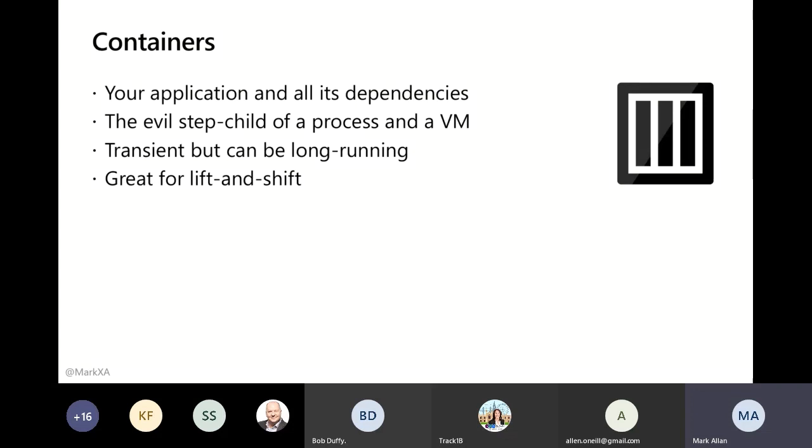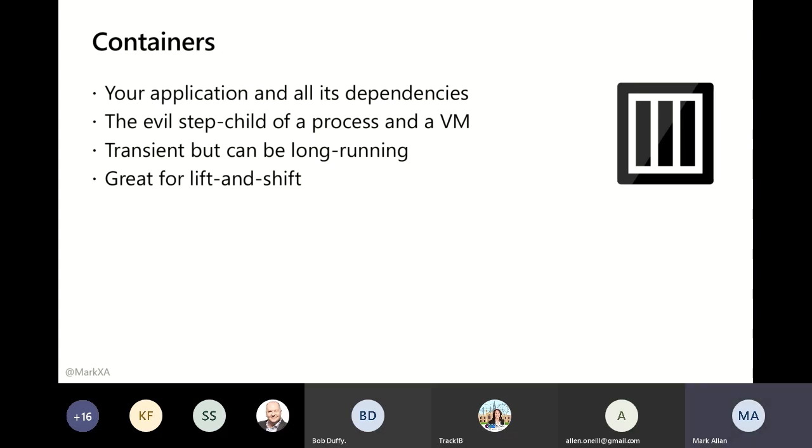And they're particularly good for lift and shift scenarios because all a Docker file is, if you're assuming you're running a Docker container, is essentially just a list of lines that says, use this operating system base, install this on top of it, pull in these files, and then run this command to start it off. And any application can be built in that way. So anything you've got running there, which can be deployed by itself, can be dumped into a container and run somewhere.